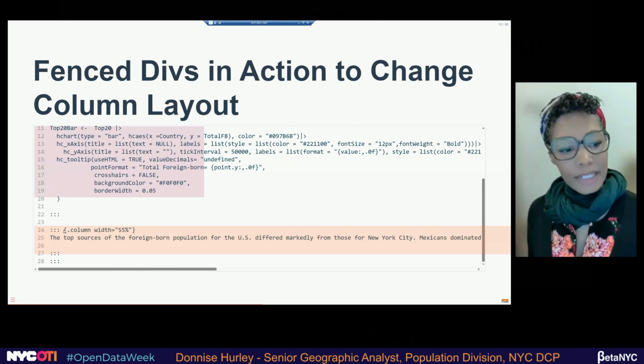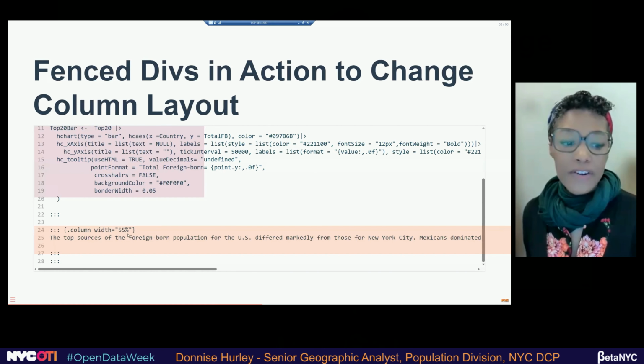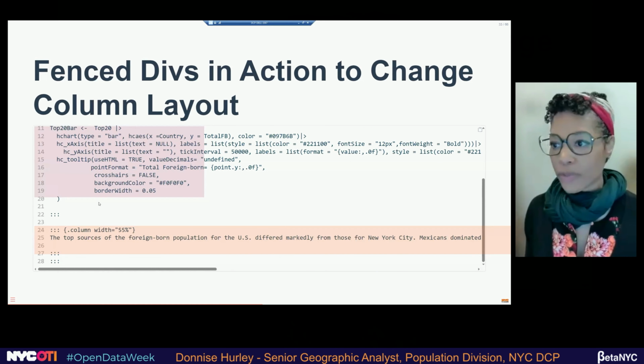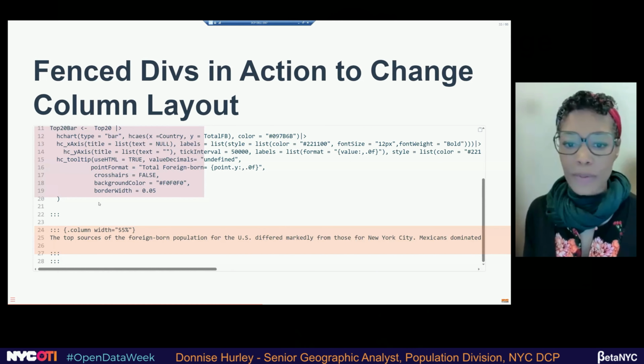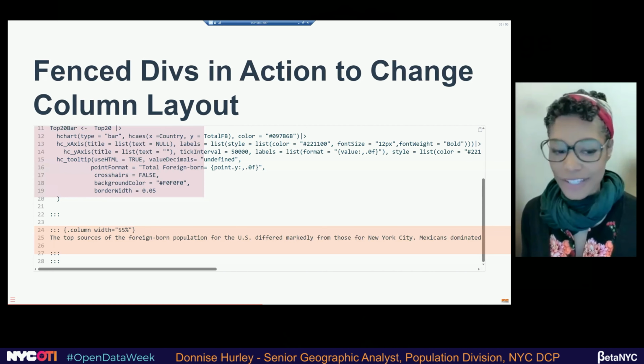And then here I say, this is my second column. And the width, I want it to be slightly larger, 50. The page is always 100%, so you can have anything divisible by 100, so you can create as many columns as you want, as long as it's readable.